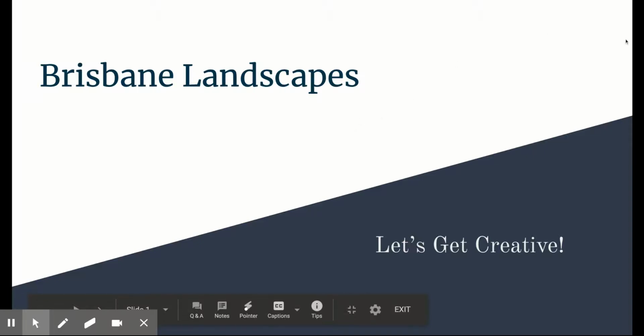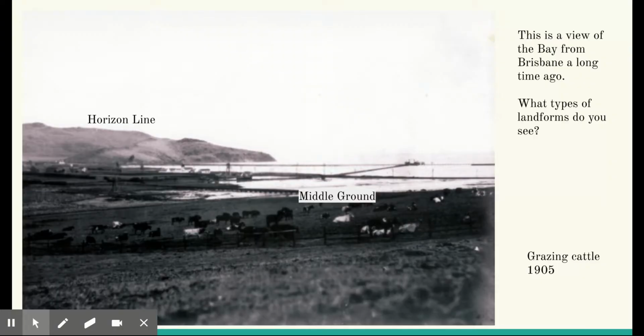Okay, so now you have watched the video on how to draw a landscape. So today we're going to use all that knowledge that you've gained as you worked through learning about different landforms to really think about what is our community like. So we're going to try to get a little creative. And first thing we're going to do actually is look at what your community, Brisbane, looked like a really long